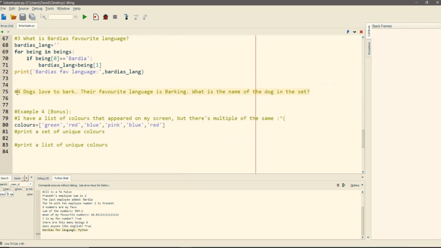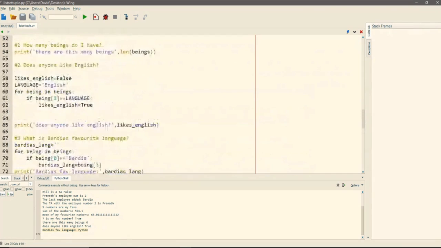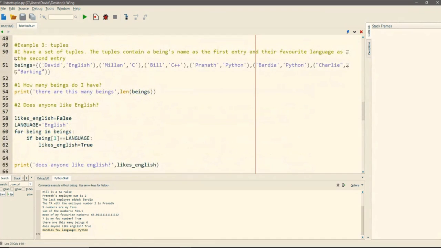So finally, we know that dogs love to bark. Oh yeah. So in this specific example, if we look at the tuple, we have a name that comes first, and then the language that comes second. And this is exactly like how lists work, right?